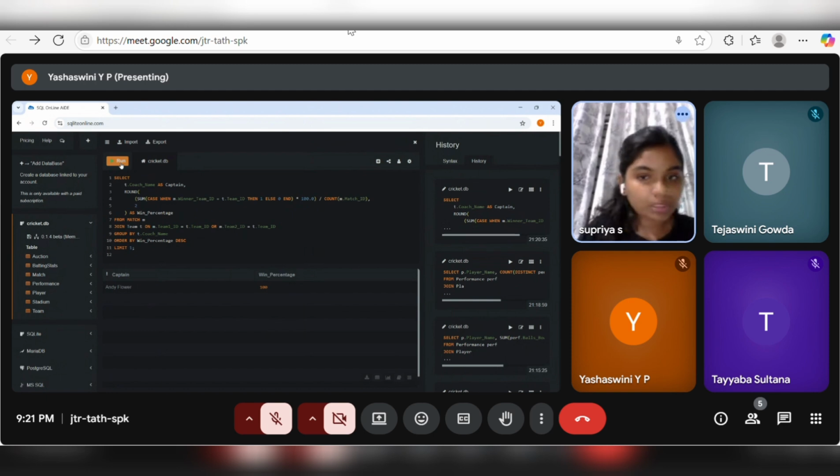So the output is the captain with the highest win percentage, that is Andy Flower. He had a win percentage of 100. The output will be like this. The next will be